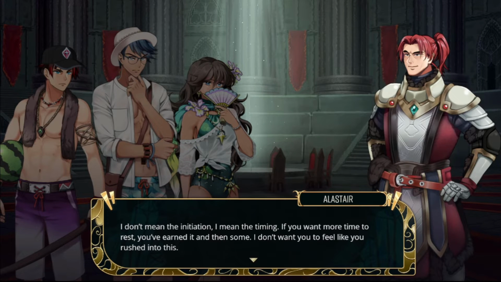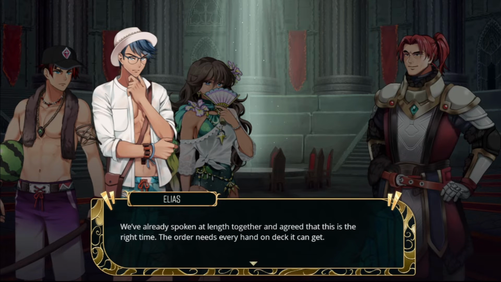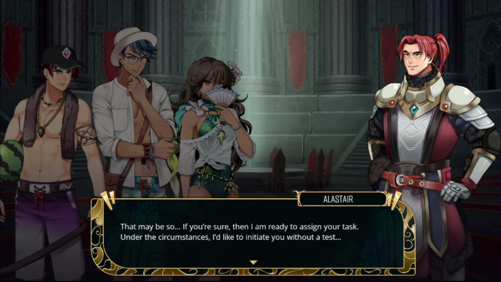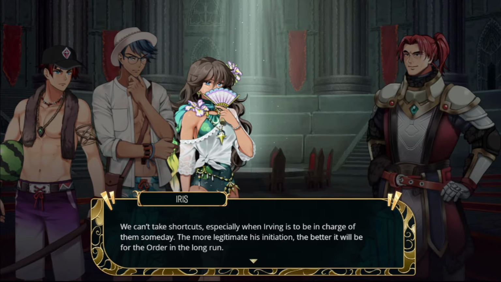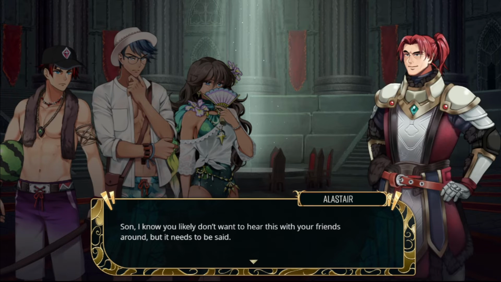Chapter 6 takes place 10 weeks after the events of Dark Deity. Irving, Elias, and Iris return to the Eternal Order. They want to be initiated into the Order, so they are sent on a mission as a test. They are tasked to defend the village of Jumara from an orc raid with the help of the local village